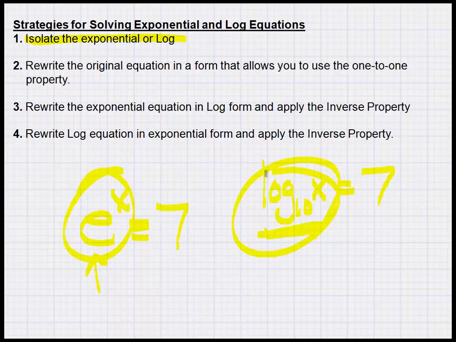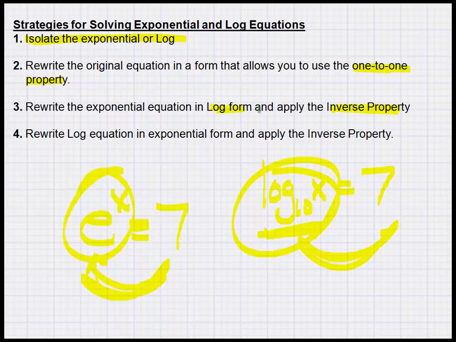That's going to be a major key, because if you don't, it's going to be so much harder to solve the equations. After you do that, look to see if you can use the one-to-one property. Again, not going to happen a lot, but if you can, it's fairly easy to work with. And the idea is, can I get the same log on both sides? Can I get the same exponential on both sides? Most times that's not going to happen, but just check to see if that'll work first for some special examples. If that doesn't work, then if you have an exponential equation,